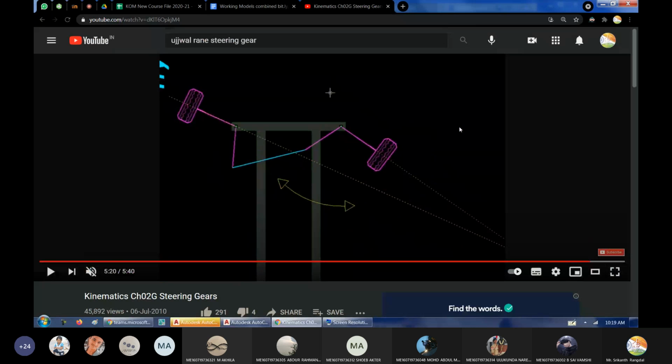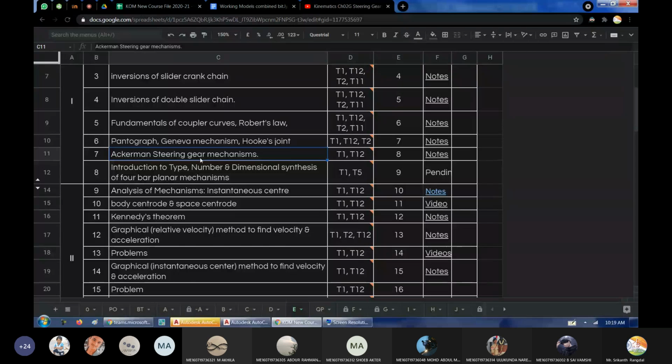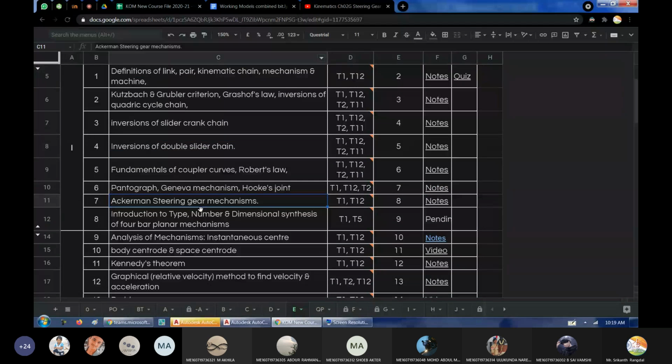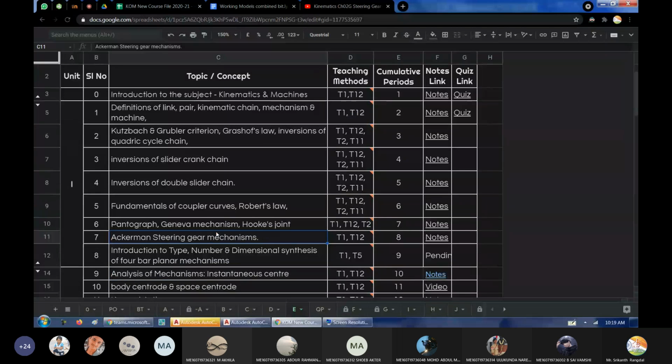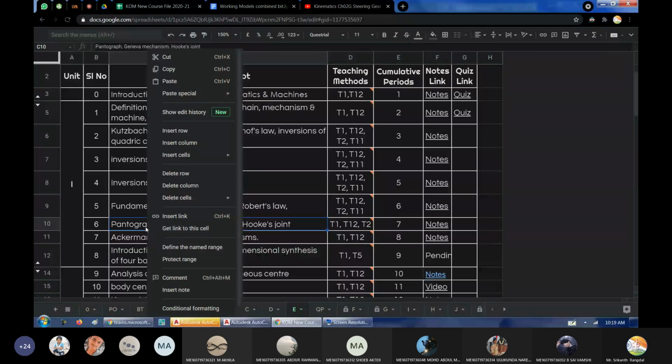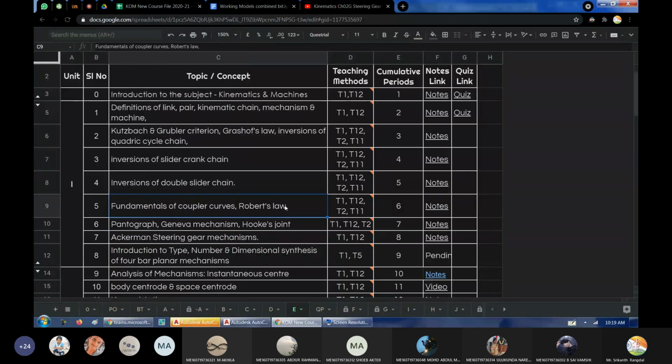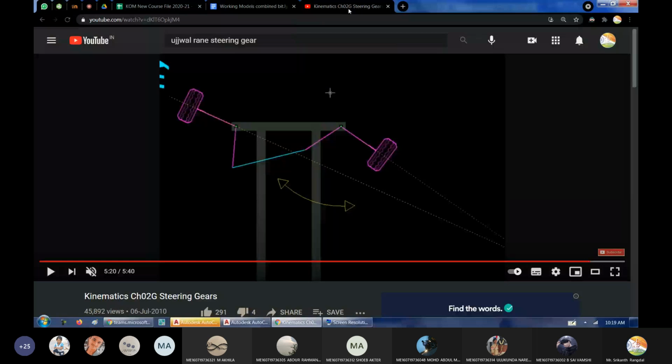I guess one of the reasons why he kept only Ackermann steering gear is because there are already a lot of topics included in the first chapter. So he was probably trying to keep it simple, and hence he didn't mention the Davis steering gear mechanism. But the problem is that people who make the question paper, if they are very ambitious, they may actually ask a question on the Davis steering mechanism as well. So just to be on the safe side, you should know both Davis as well as Ackermann steering mechanism.